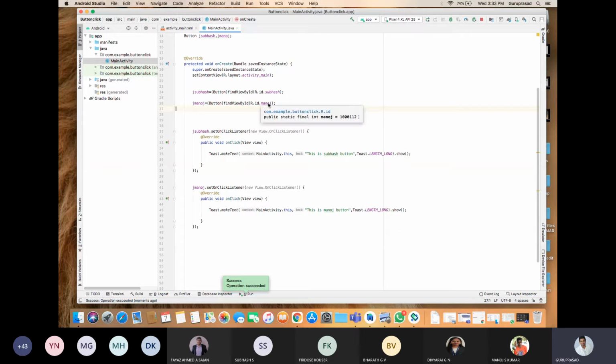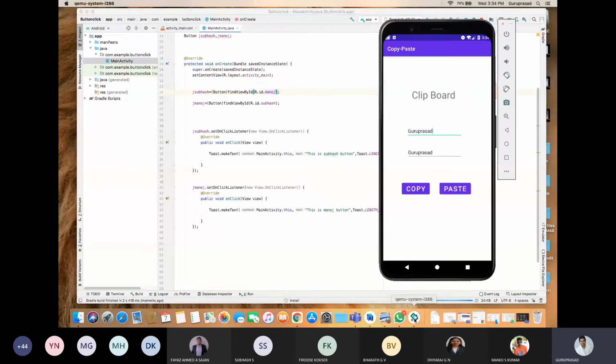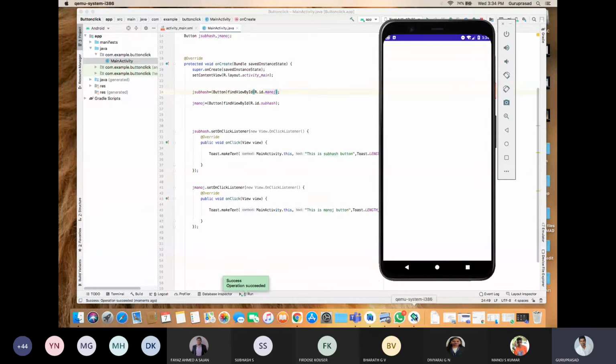What I'll do is I'll change Subhash and Manoj. I'll change the IDs again. Now we'll see the output. It is launching the activity. See here.